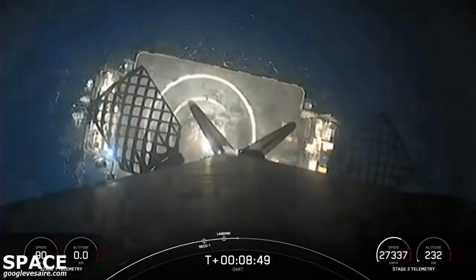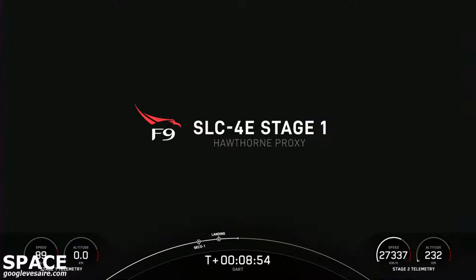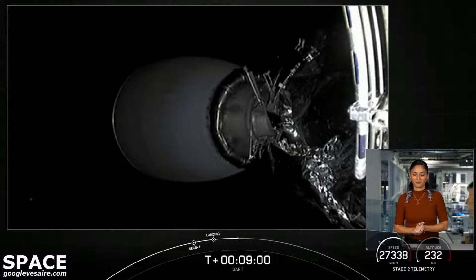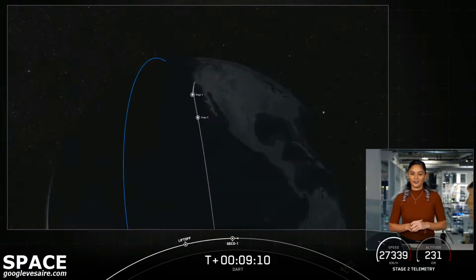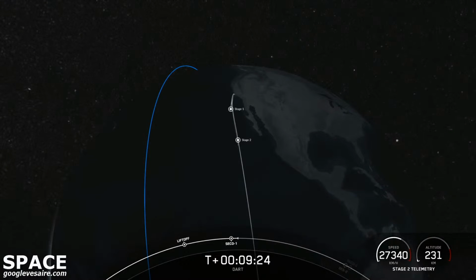Stage 1, landing leg deploy. And we had some incredible views. Now we're just waiting for some confirmation of that first stage landing here in a second. As we have a live view of second stage currently with the engine cut off as it's coasting towards its targeted orbit. And we will wait for that confirmation of that first stage landing, but